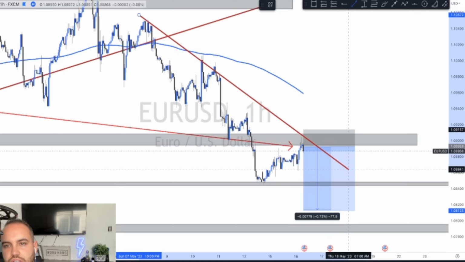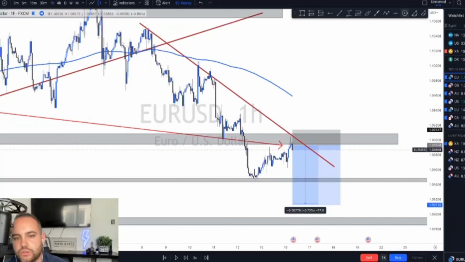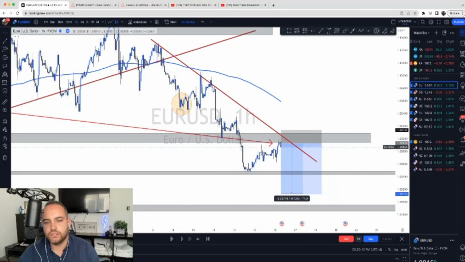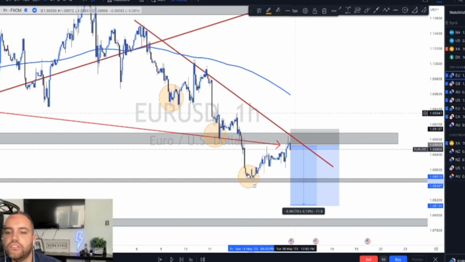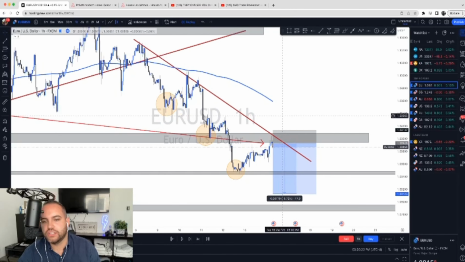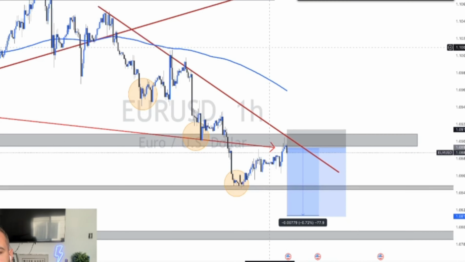So we were not only creating lower highs, we were also creating lower lows, team. Look at that. That's a lower low. This is a lower low. This is also the confirmation for me that gave me that extra confidence to get in on sell entries here. We've got this nice, beautiful downward trend line, and if I play this out, team, you're gonna see how much we were able to make.